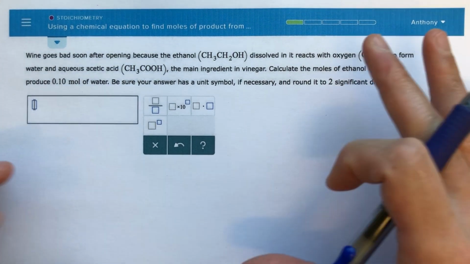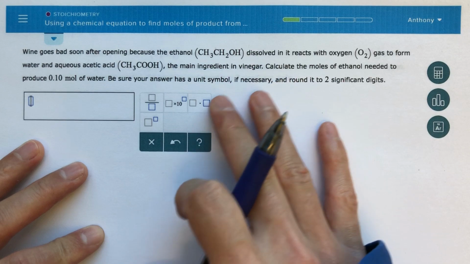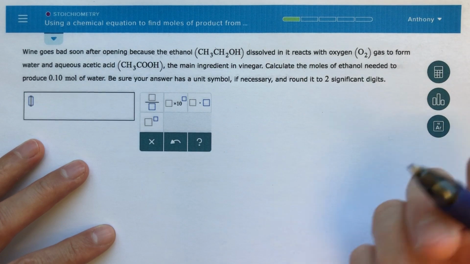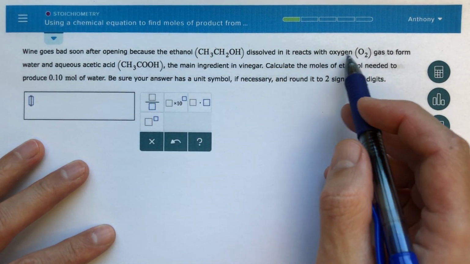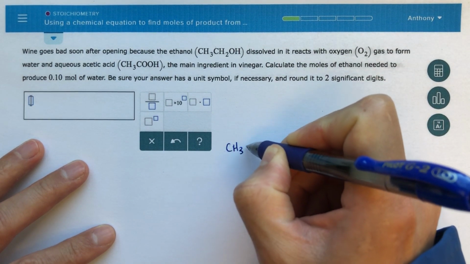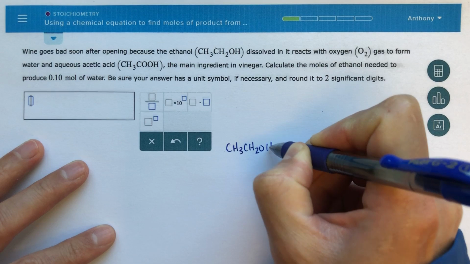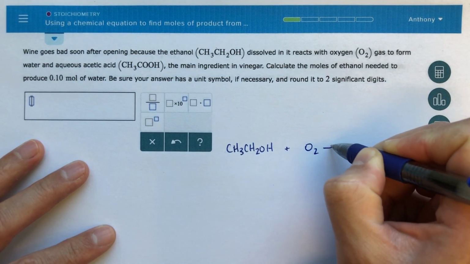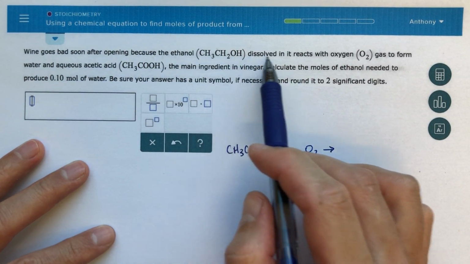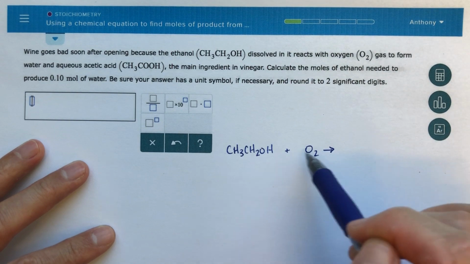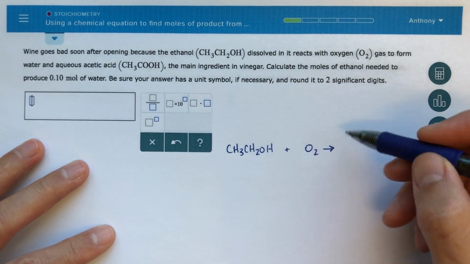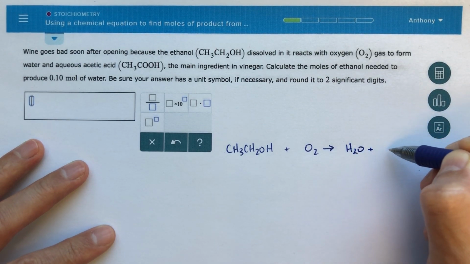The first thing we're going to need to do is write a balanced chemical reaction. Anytime we're asked to do a problem like this, we need to start with a balanced chemical reaction. And to write the balanced chemical reaction, that really starts from just writing out what the reactants and the products are, and then making sure that we are balanced as we go forward with the problem. So this would be my starting point. Just reading the words, ethanol, CH3CH2OH reacts with oxygen, O2, so that means that those will be the reactants, to form, so now we're going to form our products, water, which is H2O, and acetic acid, which is